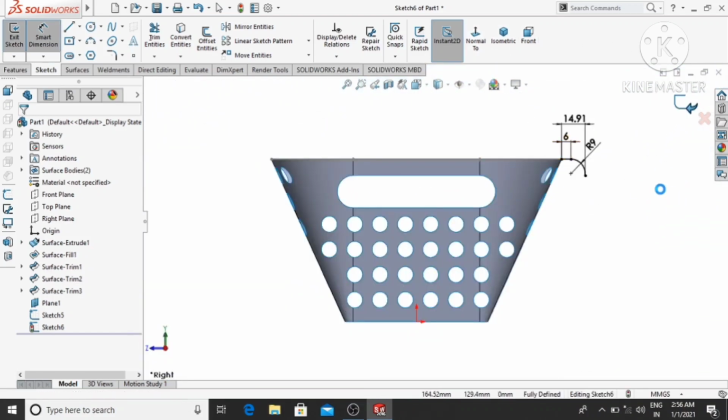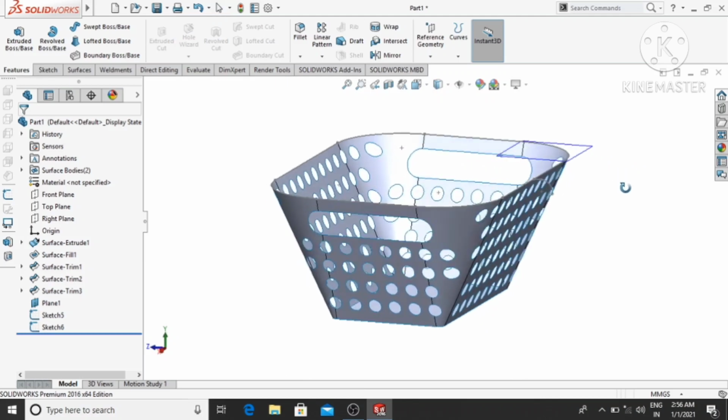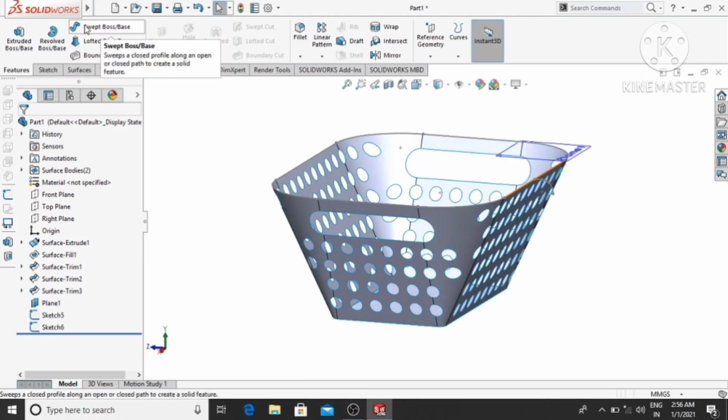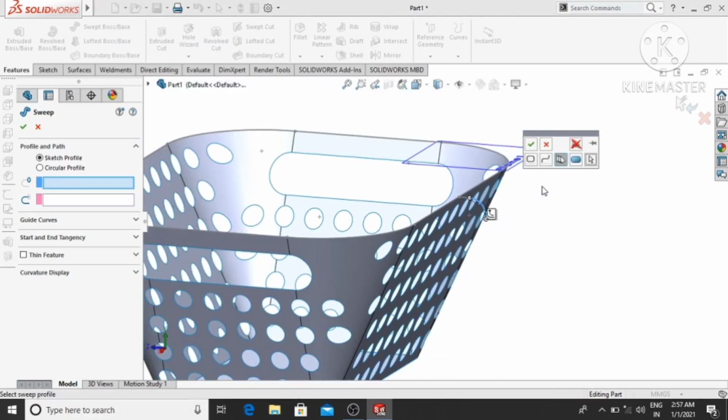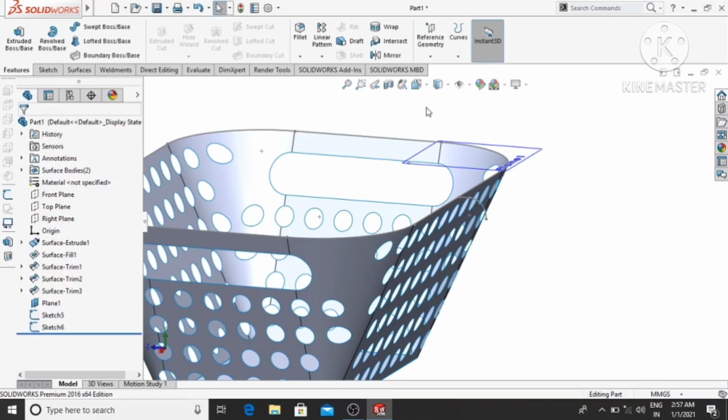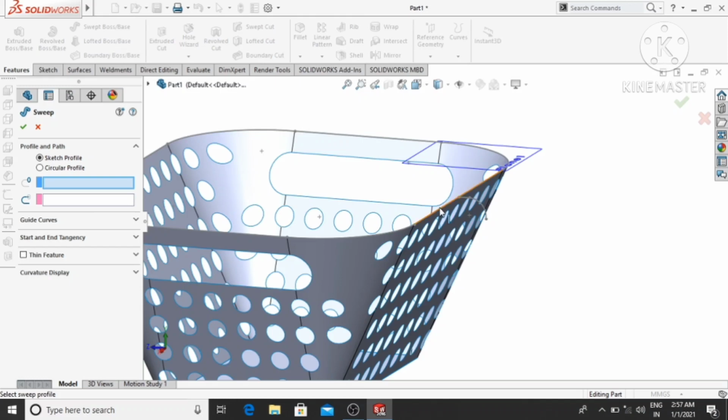So here we exit this sketch and here we apply the swept boss base command. So select swept boss base and we select this sketch. First of all select this.